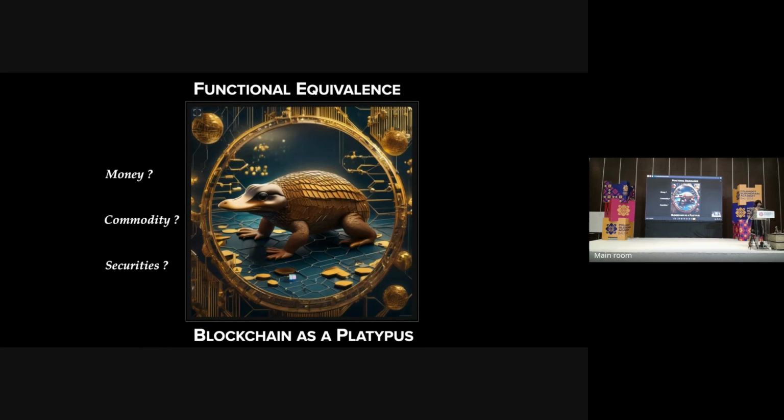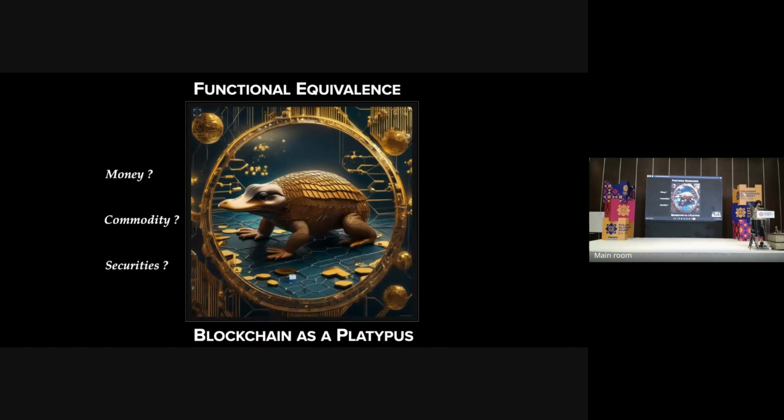that the blockchain is a platypus, meaning that depending on how you choose to look at it, it will look like something, it will be functionally equivalent to something, but it just happened to be functionally equivalent to a lot of different things at the same time, because you just look at one part, but if you look at the whole picture, it's a whole new creature, but this new creature actually shares functions that are similar to many other